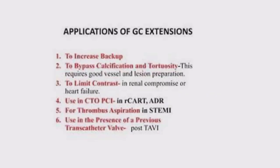Applications of guide catheter extension: it is used to increase backup, and can be used to bypass calcification and tortuosity. However, this requires vessel and lesion preparation. To limit contrast in renal compromise or heart failure patients, it can be used in situ in a reverse CART, where you get the wire inside the extension catheter, or for anti-dissection re-entry in situ. Also thrombus aspiration in STEMI, and in the presence of previous transcatheter valves where it is difficult to